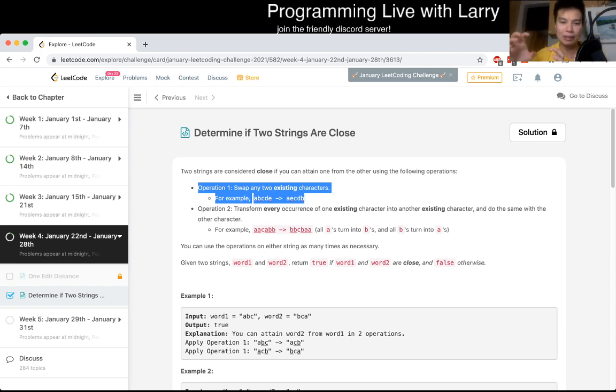And that would work correctly because now, when you swap two existing characters any number of times, you can always just, like it's a bag, right? Like you can always match them up as much as you want. And then the second operation is just,